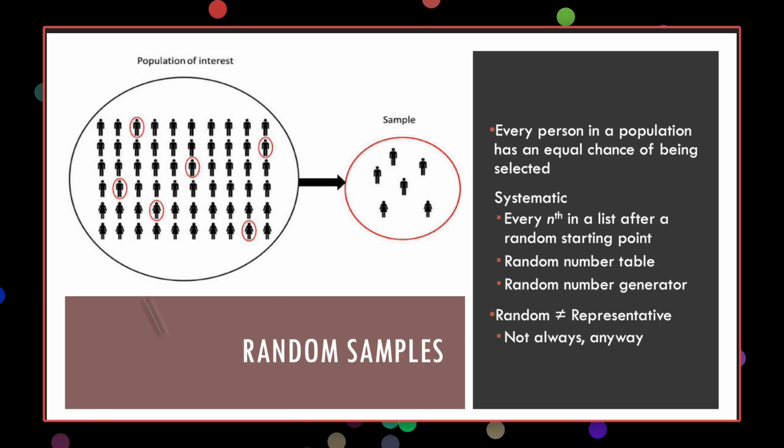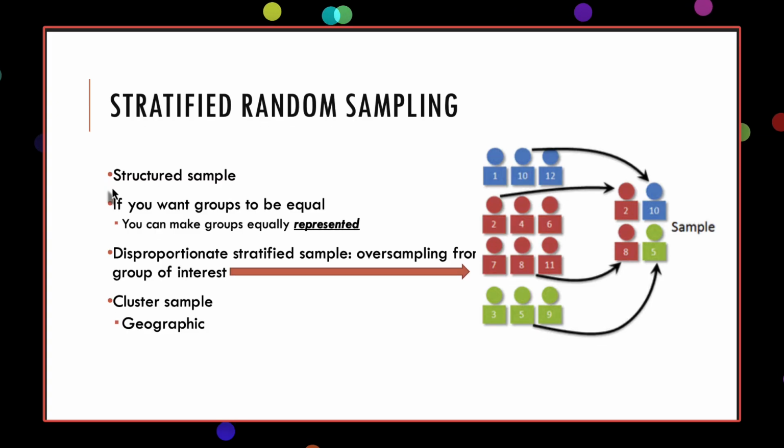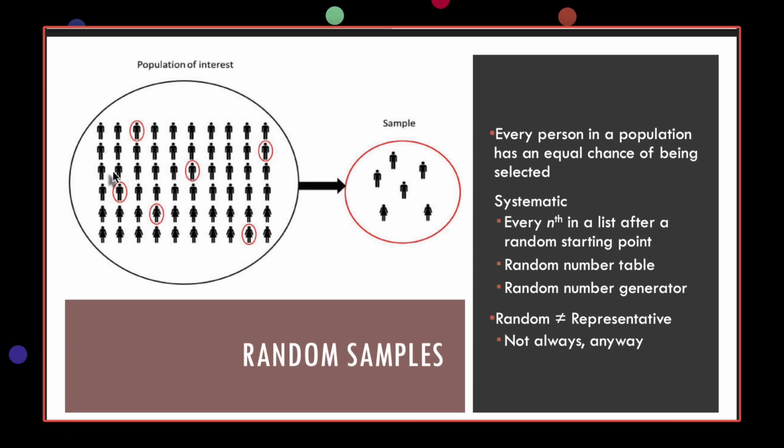So, systematic sampling. Here's a method that's often more practical than pure randomness. Instead of randomly selecting each person, you select every nth person from a list, okay? This is still kind of like random sampling. It's the every-nth method, systematic sampling. Instead of randomly selecting each person, you select like every 100th person or every 10th person from a list.